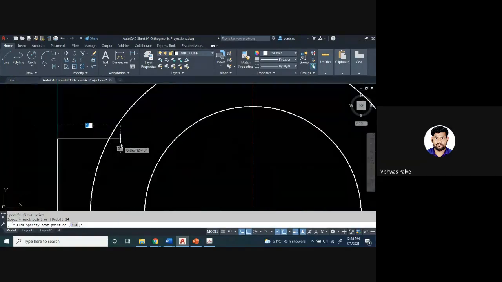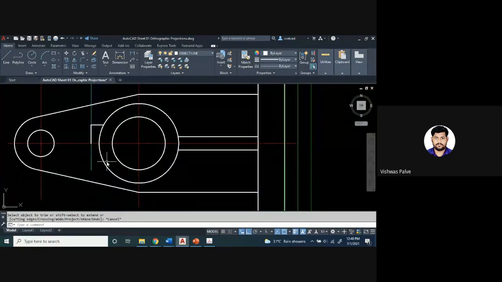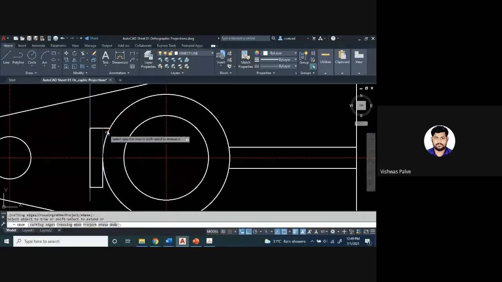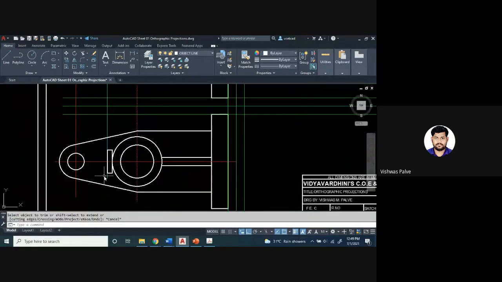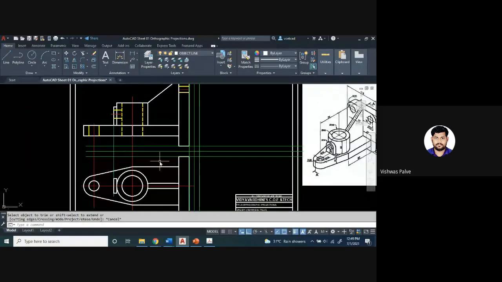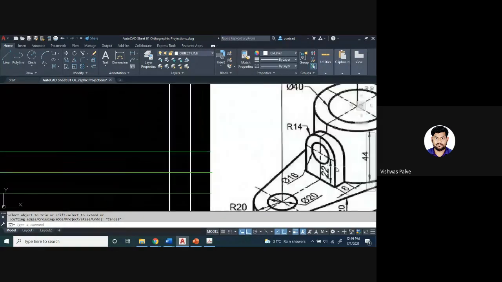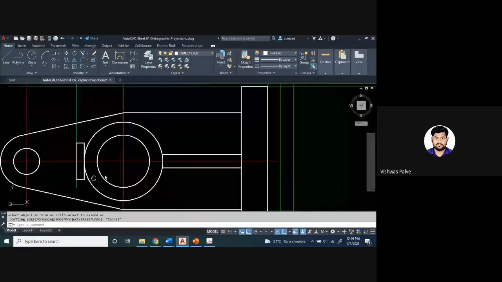Connect it up to the cylinder. Don't leave space there. Connect it up to the cylinder, L enter. From this point also, 14 millimeter. And if I connect with 6 millimeter, then what will happen here? It will be somewhat like this. Here, double enter. And inside there is a hole of 16 millimeter diameter, so 8.